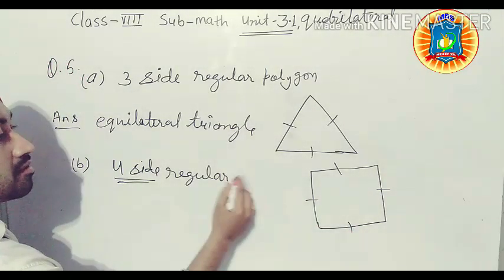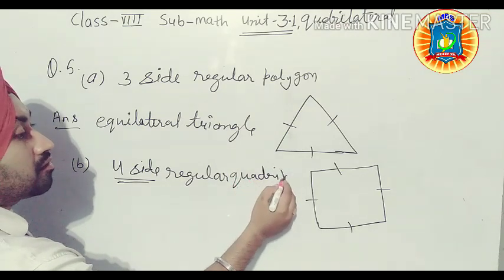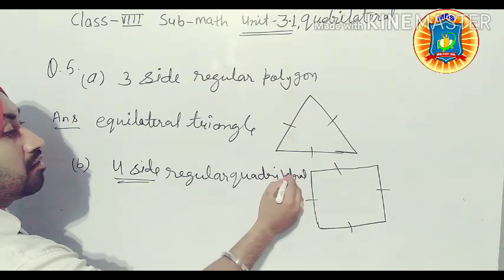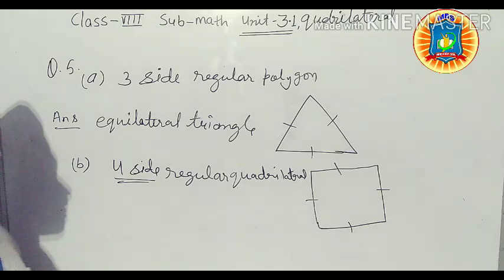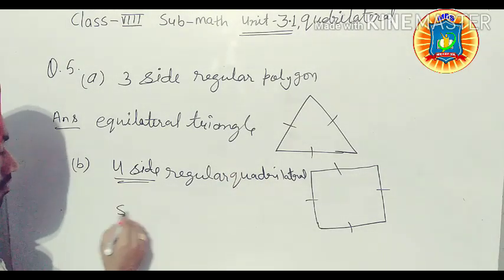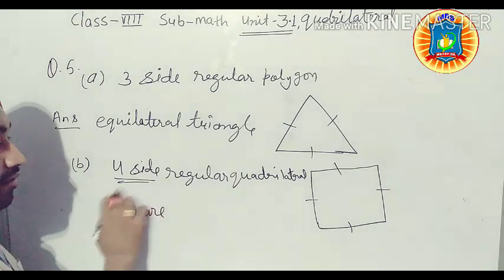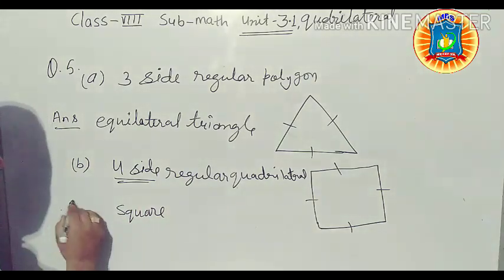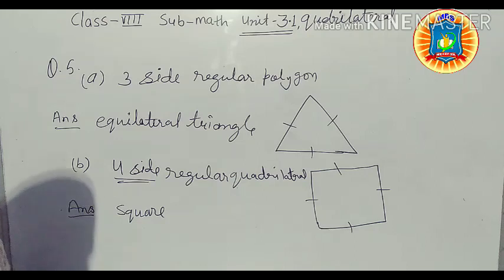Quadrilateral means having 4 sides. In a 4 side regular quadrilateral, all sides are equal, so it is a square. A regular quadrilateral having 4 sides is known as square. And the third is 6 sides, and the 6 side polygon